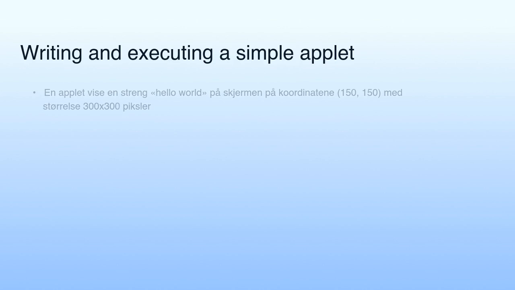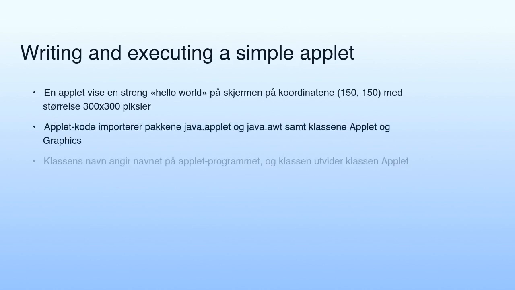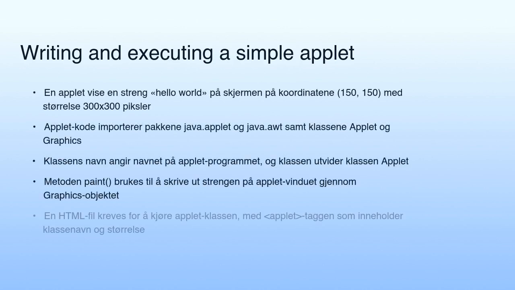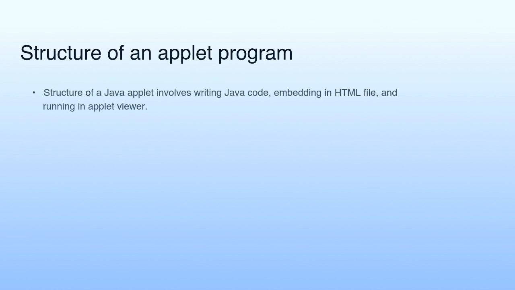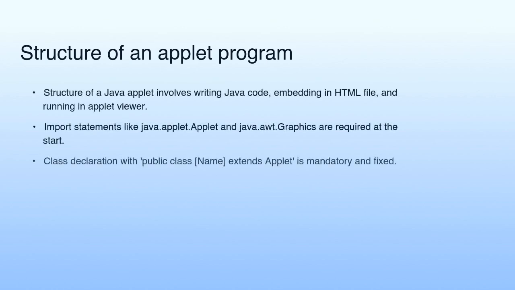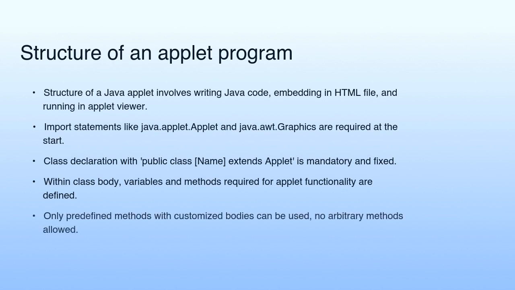The applet class imports the necessary packages and extends the applet class, containing the paint method to display content on the applet window using a graphics object, all of which is embedded within an HTML file using the applet tag. The structure of an applet program involves writing the Java code, embedding it in an HTML file, and running it in an applet viewer with import statements, a class declaration extending applet, and the definition of variables and methods required